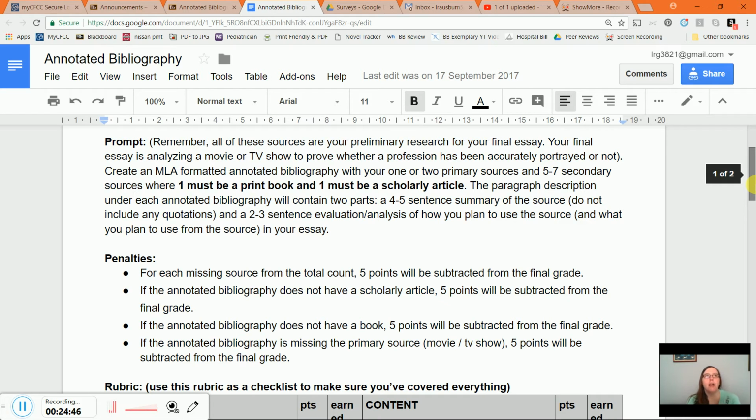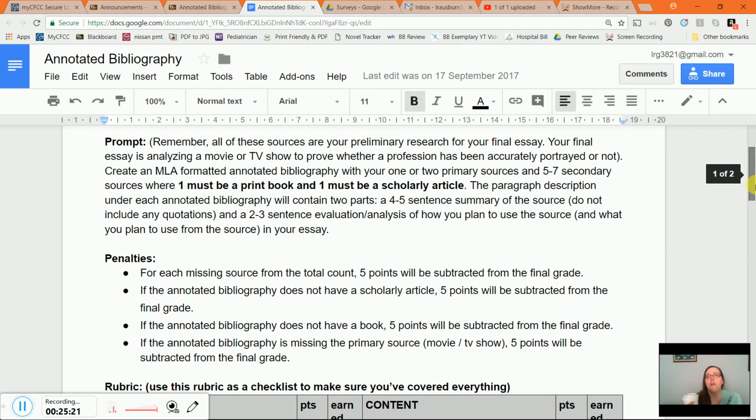Specifically, I will look at the scene from when Harry and Ron are late to class and Professor McGonagall jokes about turning them into a map and a pocket watch. And I will also specifically look at the scene where Professor Snape is making fun of Harry for being famous, right? Okay, so these are the two big scenes that I'm going to use, and this is how I'm going to use this source in my final paper.